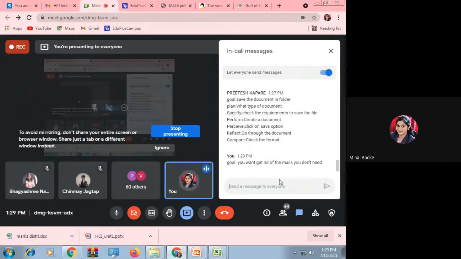See, this is an action you perform on a daily basis. But you have to organize it in this specific sequence with proper wording. The words must be like goal, then instead of plan you have to say your intention, then you have to write the specific action here. Then you have to write the performing of the action in this way. So the second one you have to do is you want to get rid of the mails you don't want. So this is the goal.